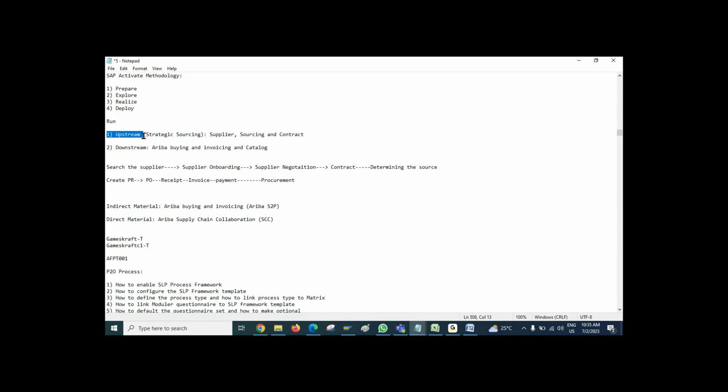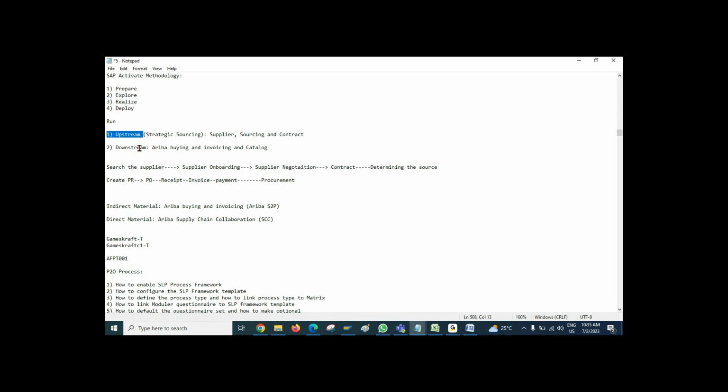Initially we were calling it upstream, and even now in business terms we call it upstream. Upstream and downstream are both bundles of solutions. These are not specific modules. In the upstream and downstream, we have a list of solutions.